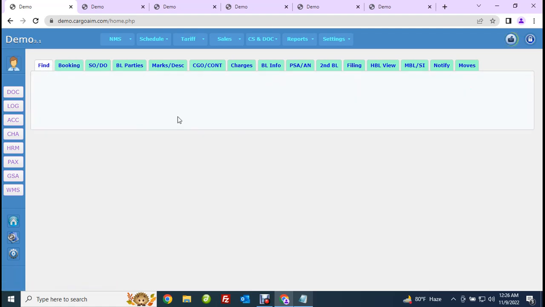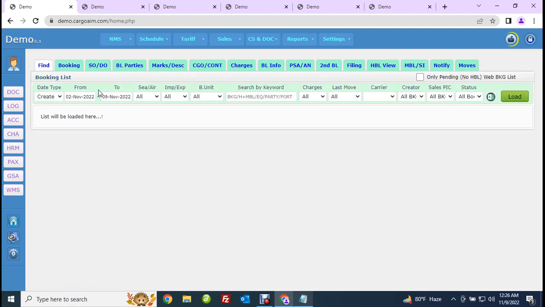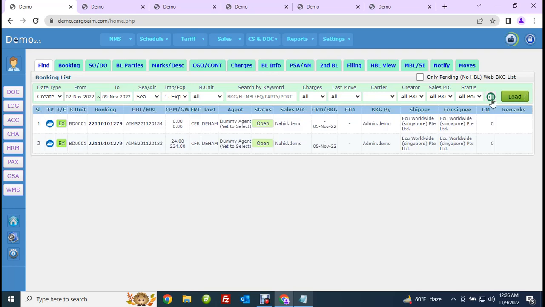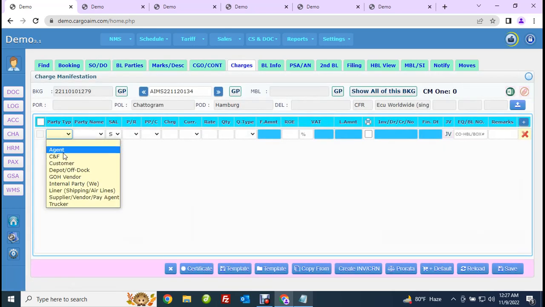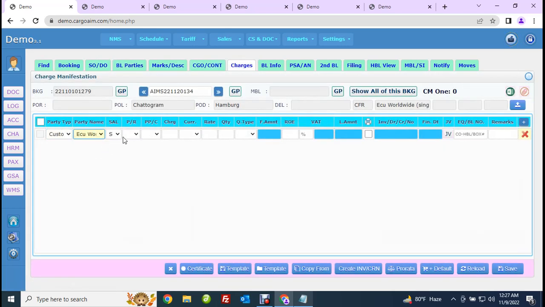We will find a house bill so that we can insert rate into that and create an invoice. For example, we are opening this one. That means this is the charges. In the charges, we'll enter customer, this one, receivable, paid, charges, for example, freight, ocean freight, USD